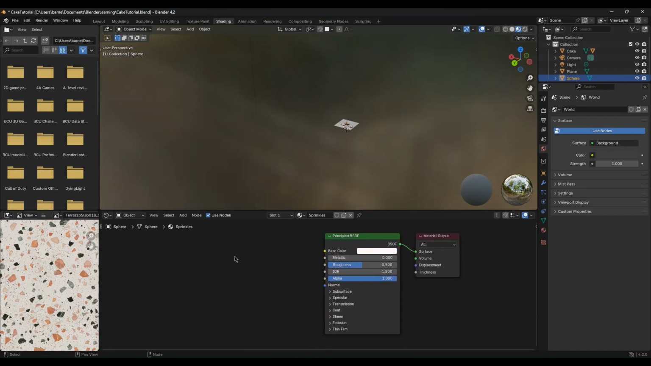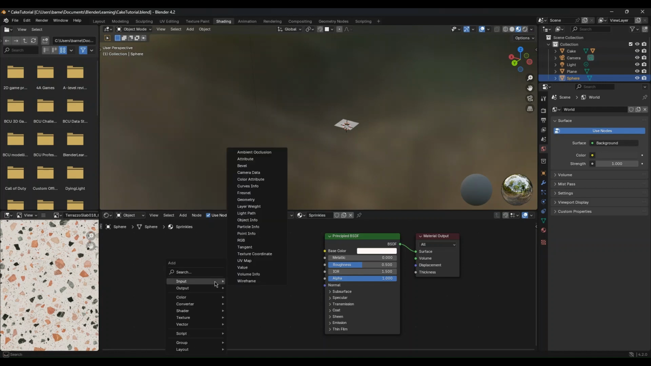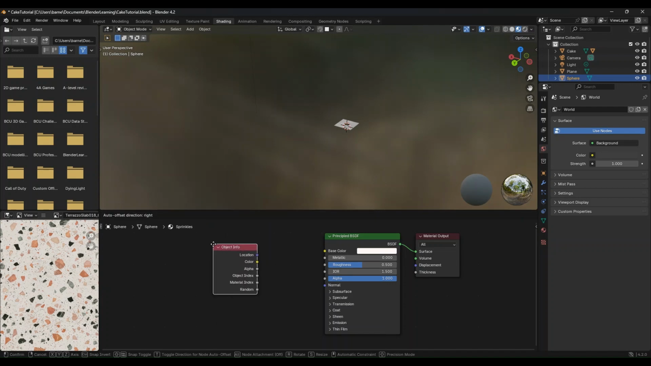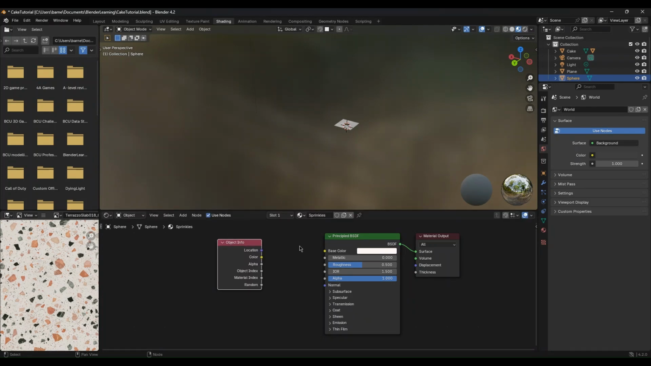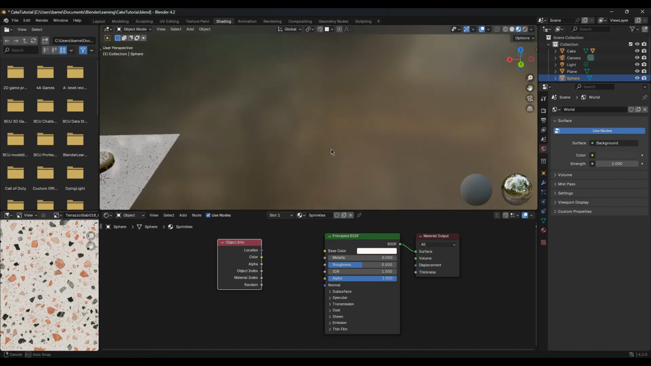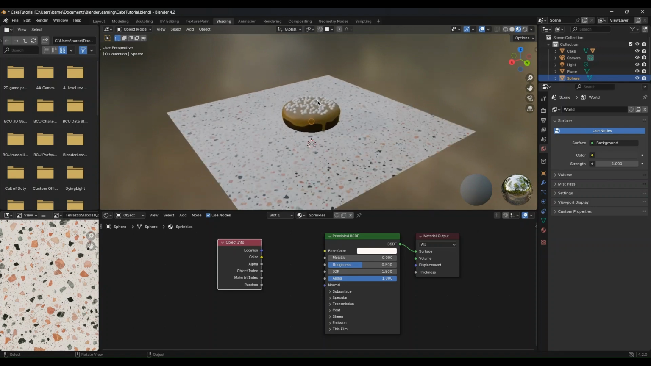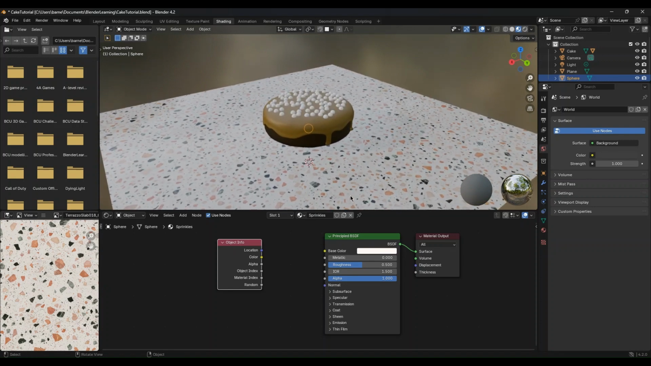Then if we press Shift A, let me type object info, and send us a node. This is very helpful. There's loads of different information you can see, but the one that we are looking for is the random. Hold on, let me just make an example here. Right, so now that we're zoomed in on this, I'll show you the random. If I just drag that into there,